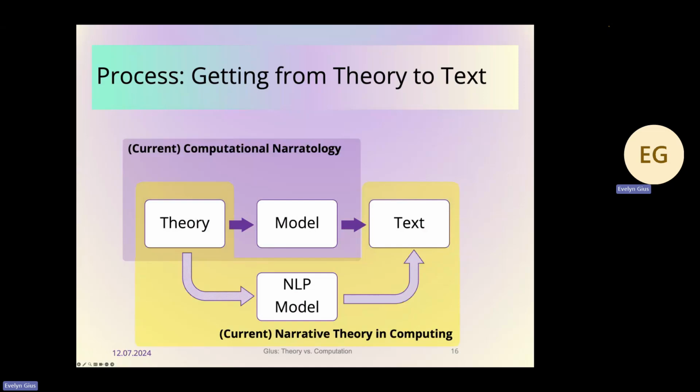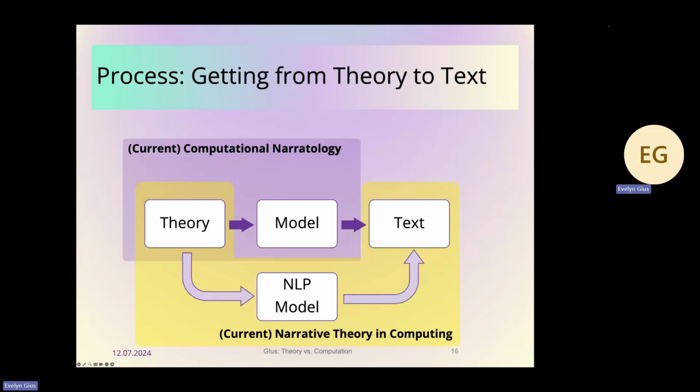Okay, on the other hand, we have current narrative theory or narratology in computing working like this. They just circumvent the modeling step, right? They take something from narrative theory, say, this is interesting, we go now for events, we go with story things, we go with characters, and they jump, or it's a detour or whatever you want to call it, and they just use the NLP model where they say, oh, that is feasible for that. We use that now. We have an algorithm that classifies things that seems to be close to what the people want to do.